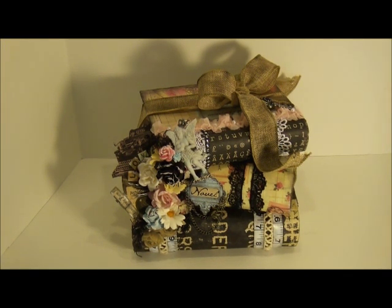And I did use the Prima romance novel paper. I'm absolutely in love with this. It's kind of like a love book, romance novel obviously kind of deal. So it's all love themed, and I'm really happy with it. I used a lot of laces and trims and beautiful Iamroses flowers, and I am going to be listing this